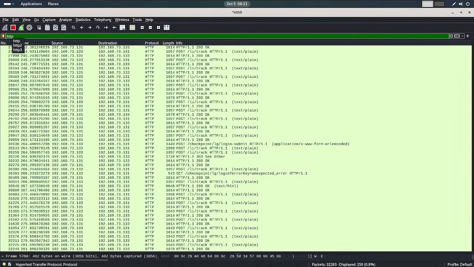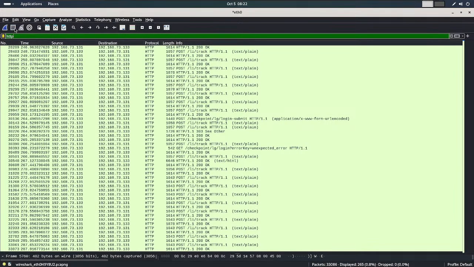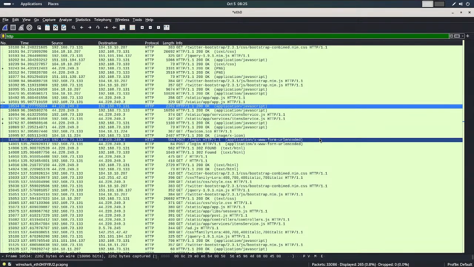Where things get interesting. I will stop capturing now, and what we need to focus on are the POST requests, login forms, and most form submissions and data using POST. So if you are hunting for login information, this is where you should look. Scrolling through, we can see a POST request to the login page on oneweb.com. Let's expand that